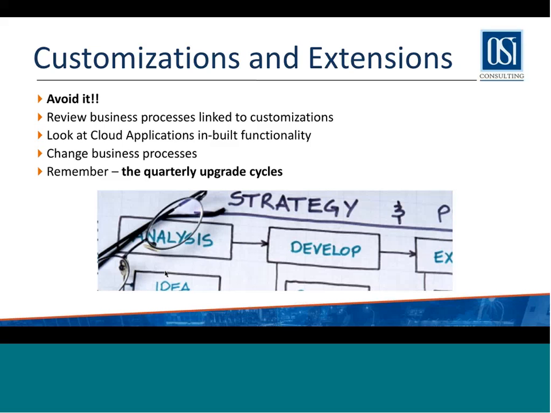The other thing to do is reviewing business processes. Once you look at the cost of building customizations in the cloud and the cost of maintaining those customizations, and review it vis-a-vis using a standard business process defined in the application, it comes down to a cost-benefit analysis, and people usually go towards modifying an existing business process unless it's not feasible at all. So reviewing and changing the business processes is highly recommended rather than writing customizations.